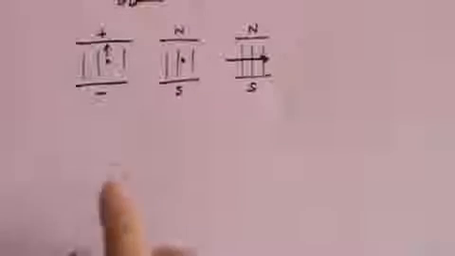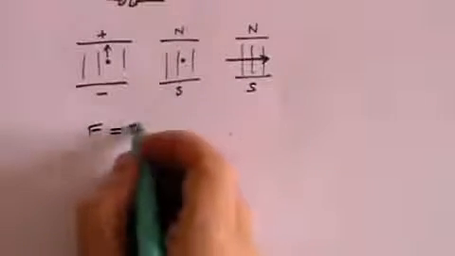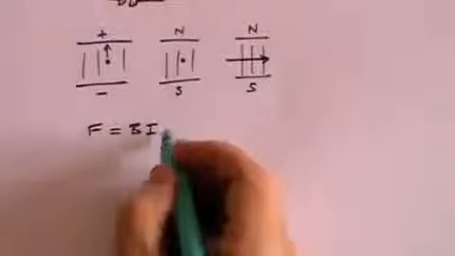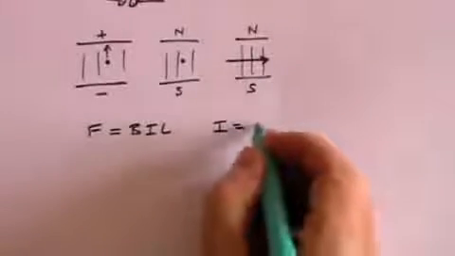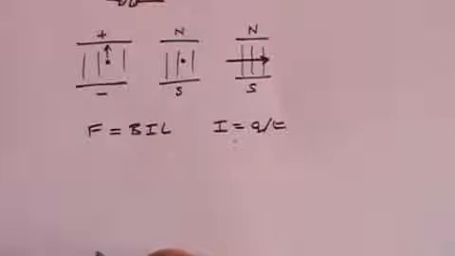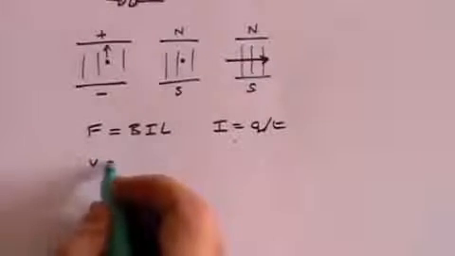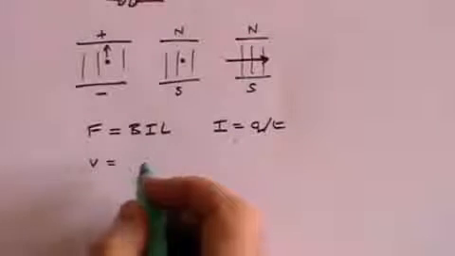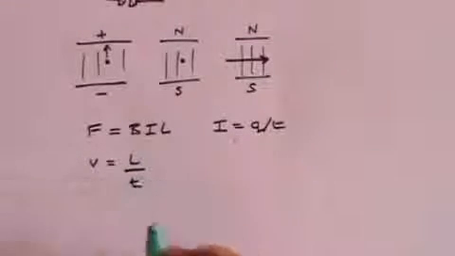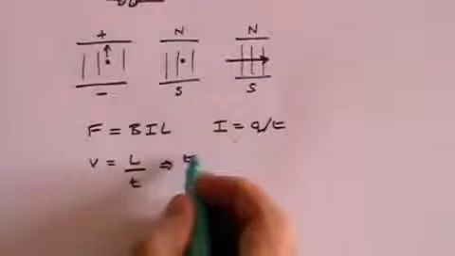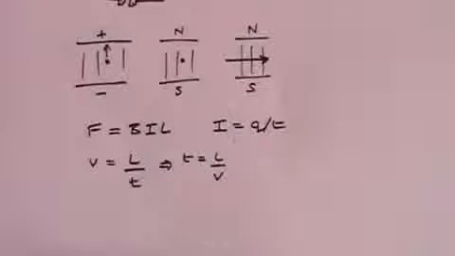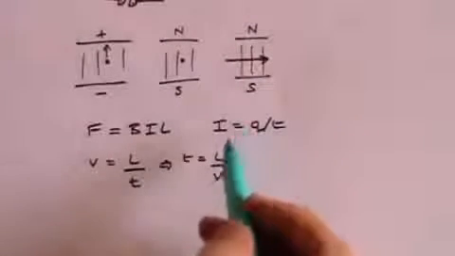Now let's go back to our formula that said that the force was equal to the magnetic field times the current times the length of the wire. Current, we know, is the flow of charge per second, Q over T, where Q is the charge and T is the time in seconds. And the velocity of the charge is the length travelled divided by time, distance divided by time. And that means that T is equal to length divided by velocity,